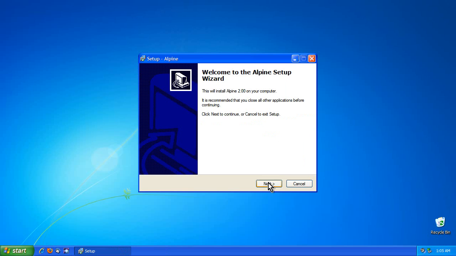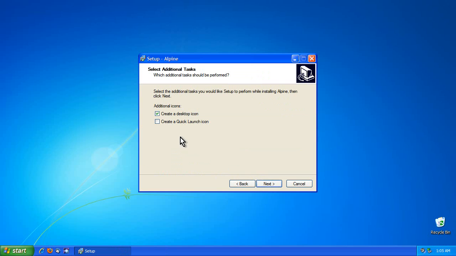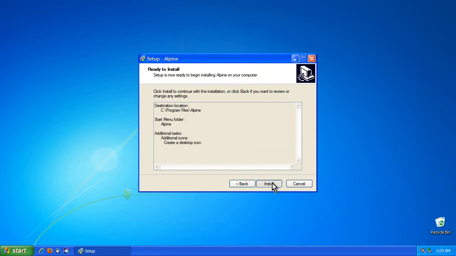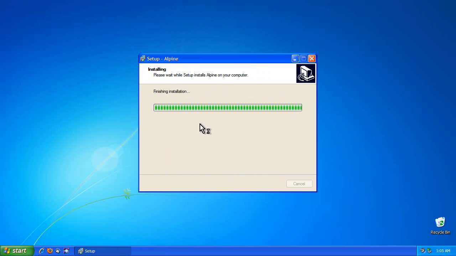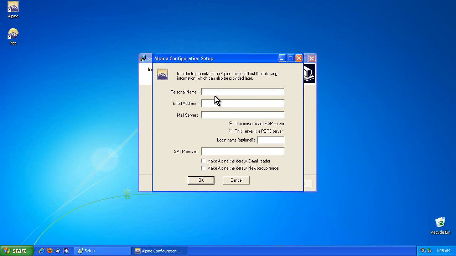Close the browser, next, accept, next, next, next, next, install. We're going to use local configuration file and hit OK. Personal name, your Gmail email address. Mail server is